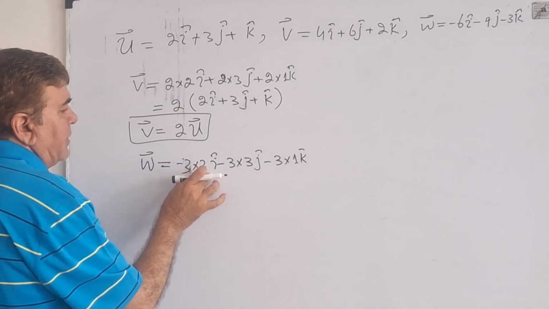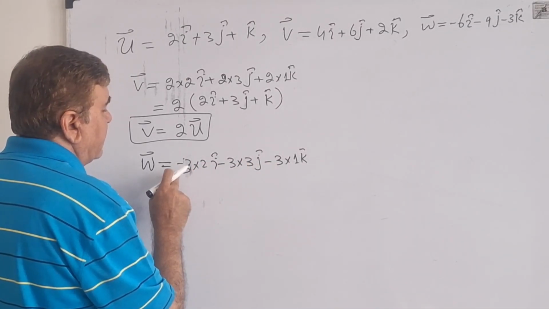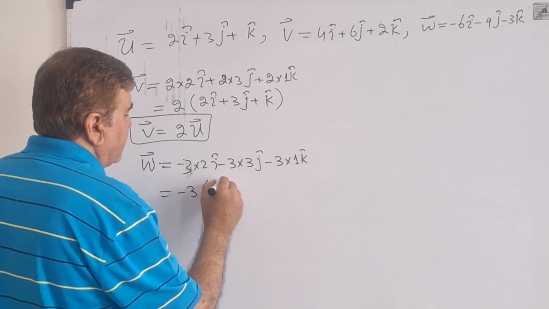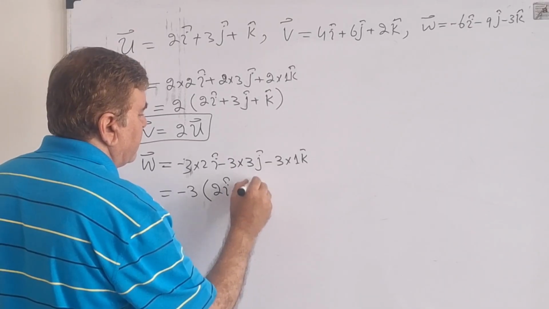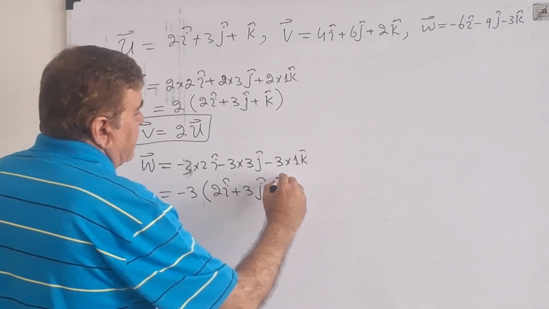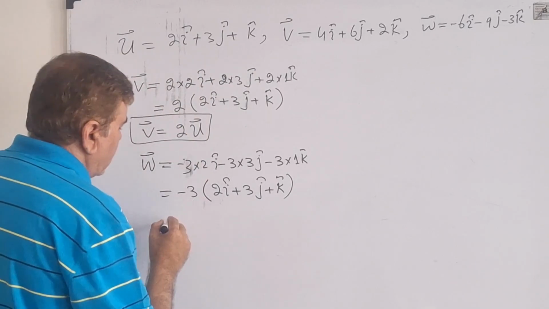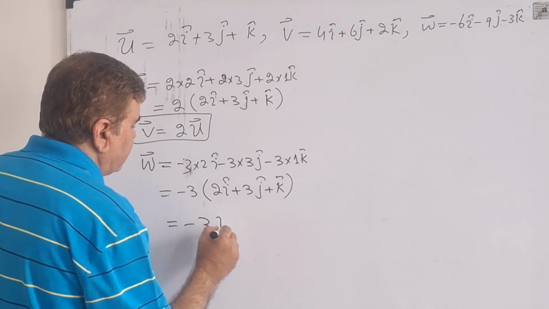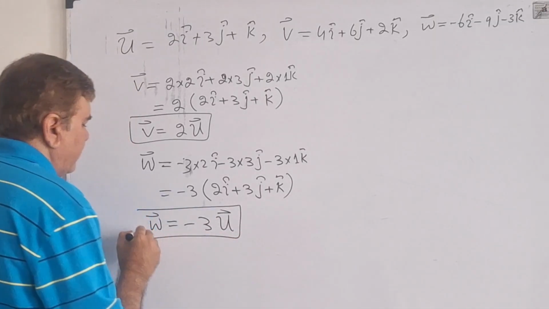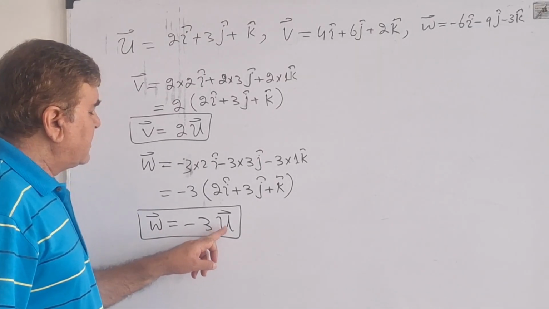So each term on the right of this equation is a factor of 3, therefore I can take rather a factor of minus 3, so I can take minus 3 common. And again if I compare this with u, this is exactly equal to u, so I write this as minus 3 times vector u. That means vector w is a vector whose magnitude is 3 times greater than the magnitude